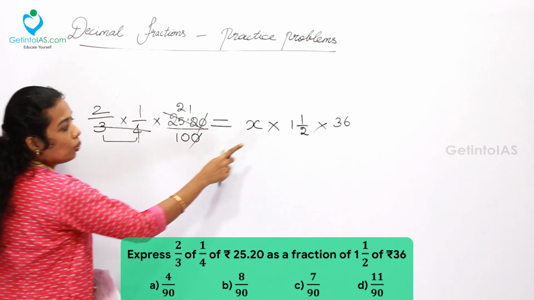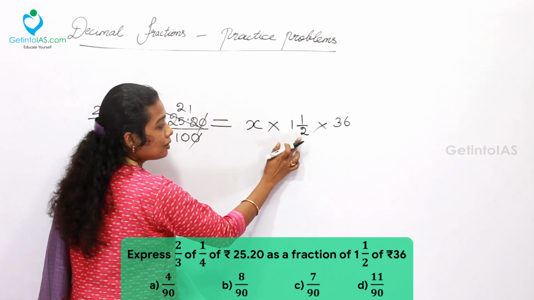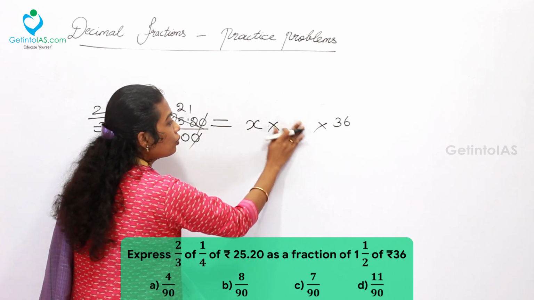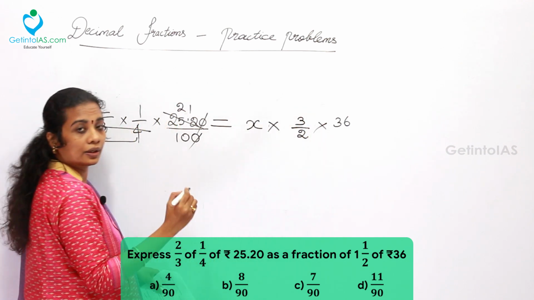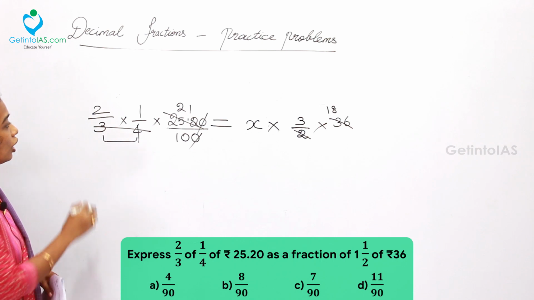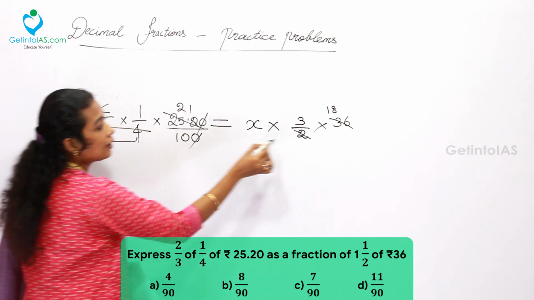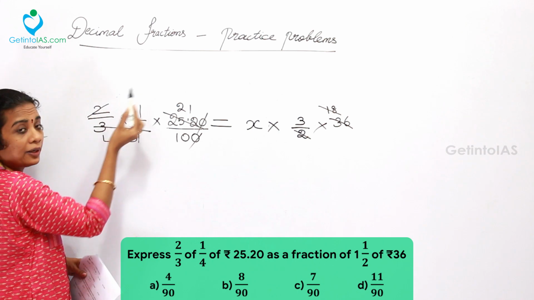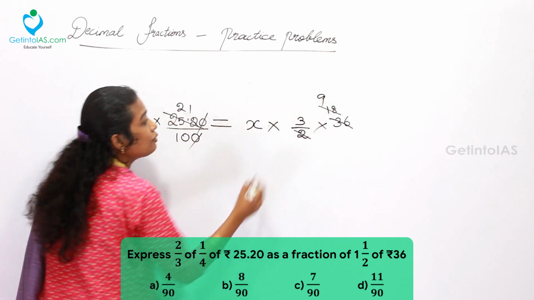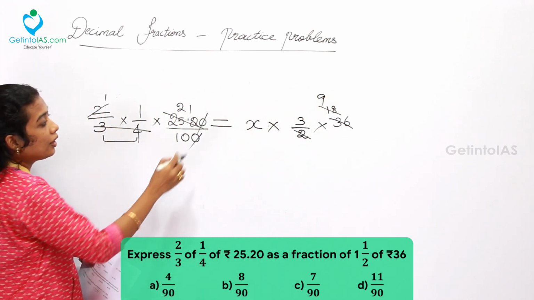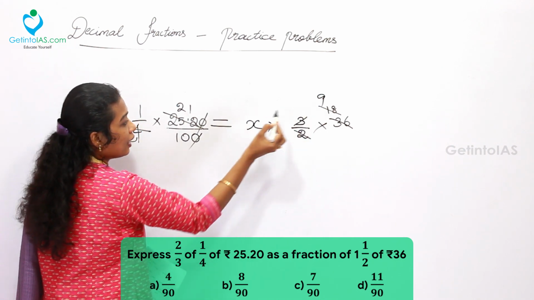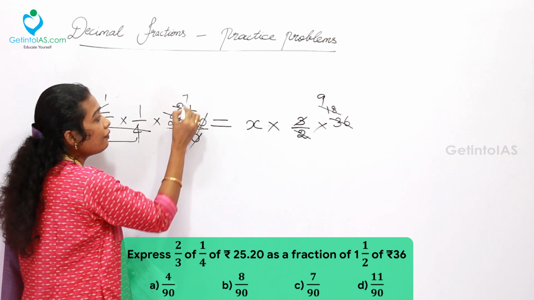Then the next thing is 1 by 2. What you want to make is simply an improper fraction. 1 into 2, 2 plus 1, 3. 3 by 2 you want to convert. Then the next step, here 2 and 36 can be cancelled, 18 times. Now this 2 and this 18 can be cancelled because the numerator and the denominator on the opposite side can be cancelled directly. 1 times 2 is 2, 9 times 2 is 18. Then the next thing, is there any possibility of cancelling other numbers? Yes, here 3 can be cancelled over here, 7 times.